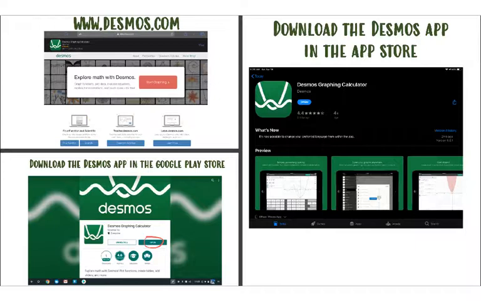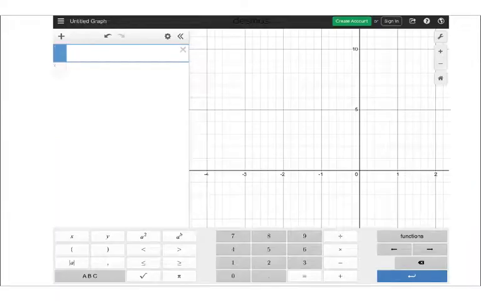Once you get onto Desmos, your screen is going to look like such. You're going to be given a blank coordinate plane. You're going to be given an on-screen calculator. And you're going to be given options for you to input equations. So over here on the left is where you will be typing in the equations that you're trying to find